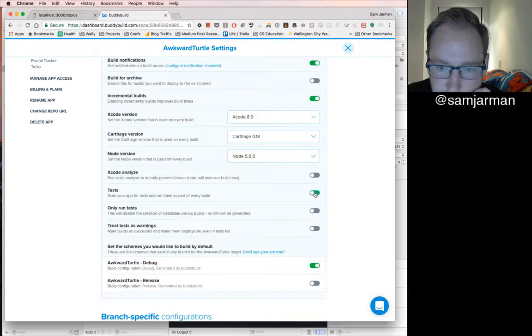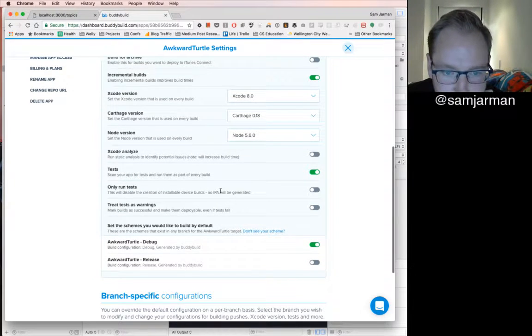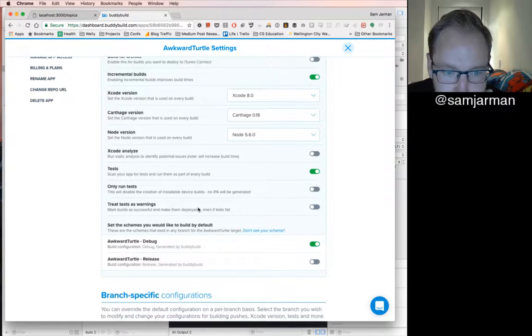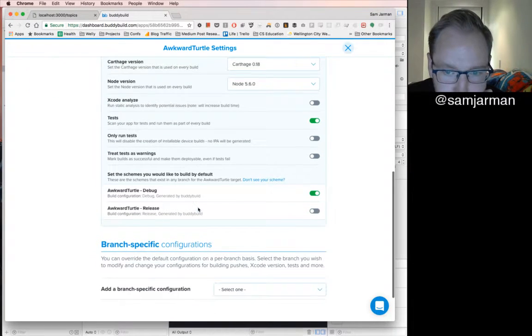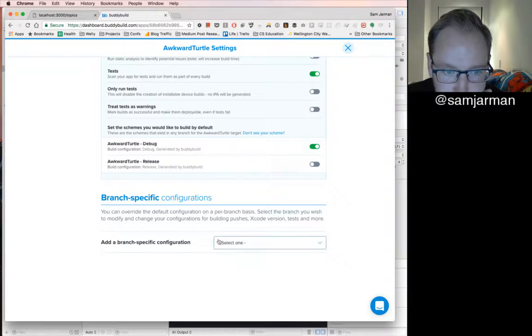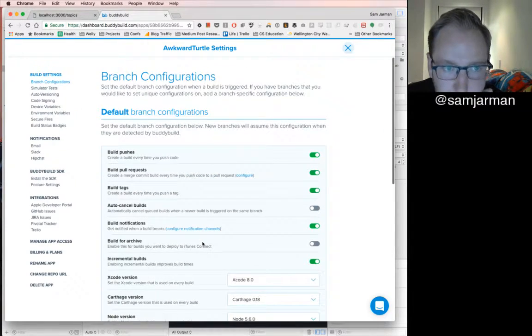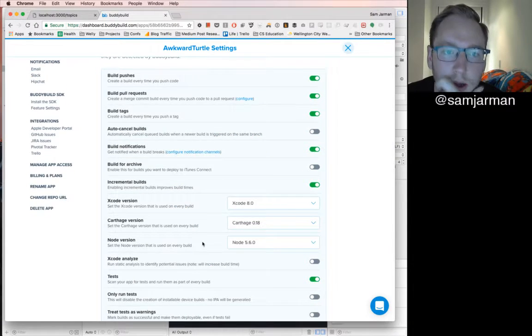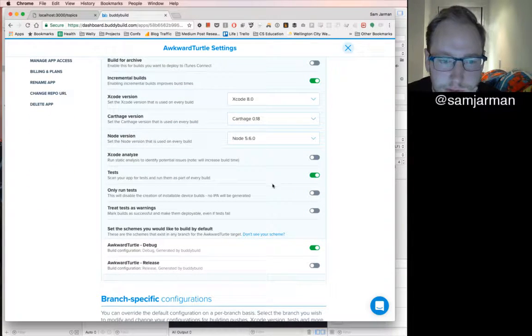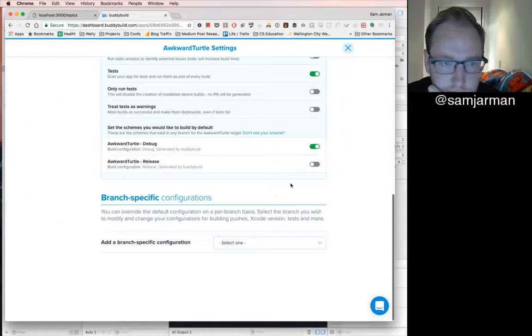Scan your app for tests and run them. Yeah. Oh, I see. Right. So I turn on test, then I'll just run. Okay, so that seems to be done. No save button.